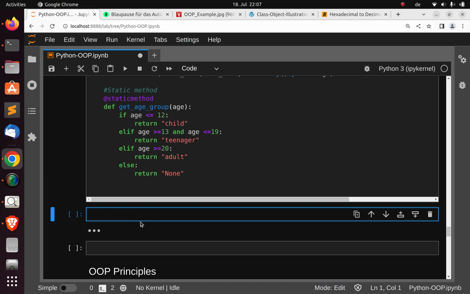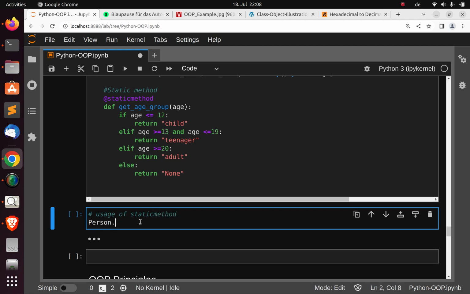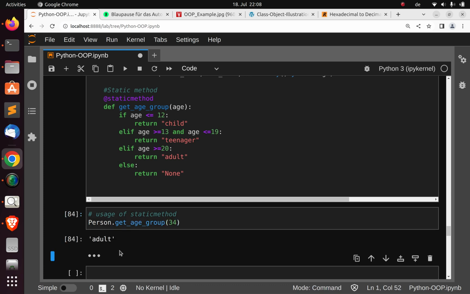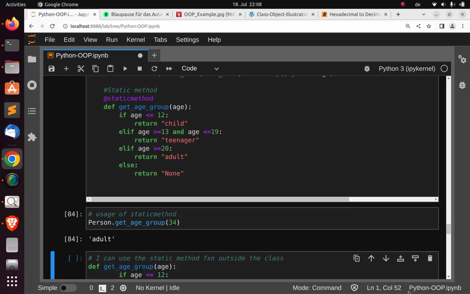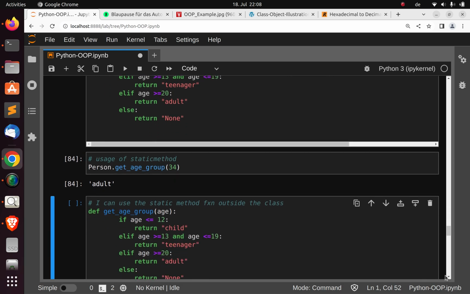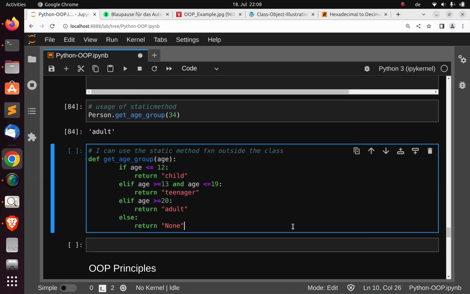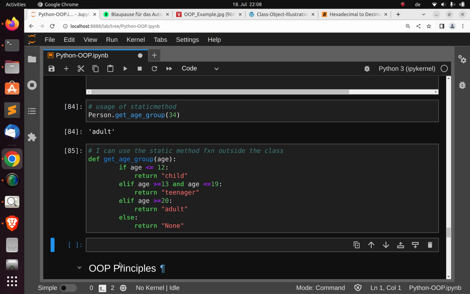So let's go with the usage. Right, I can just go with person dot get age group. So get age group, and I just put in, let's put an age there. If I put this there, it's an adult, right? So this can be used outside. I can actually cut this one out, as you are seeing, and it's still going to work, right? I can cut it out, because if I cut it out, I can also do the same thing. Get age group, I put in,